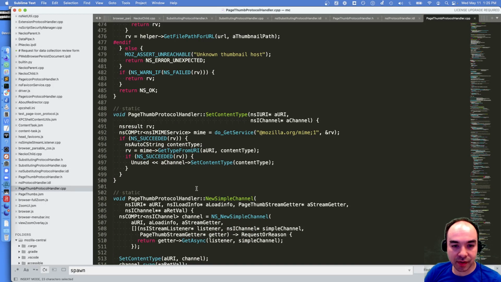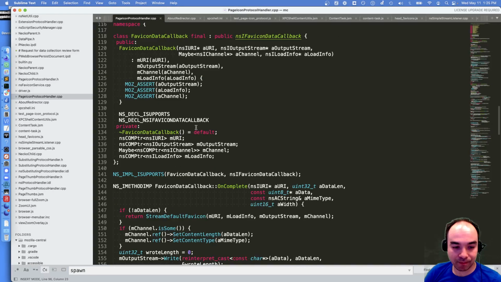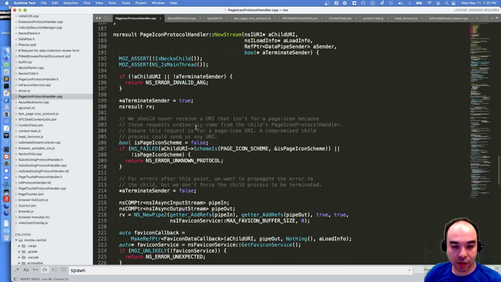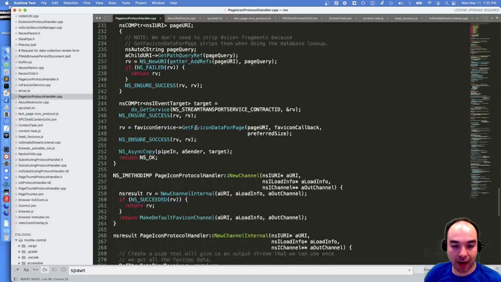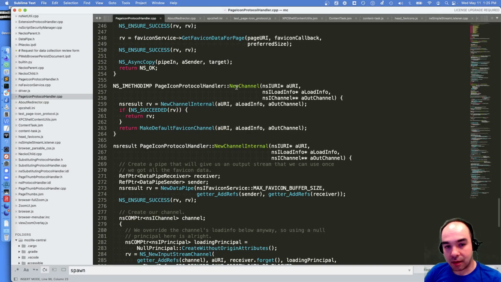How does it work in the current case for the page thumb protocol handler? Maybe I should back up a little bit and talk about how it currently works. So in the parent process, what happens is we get something external.